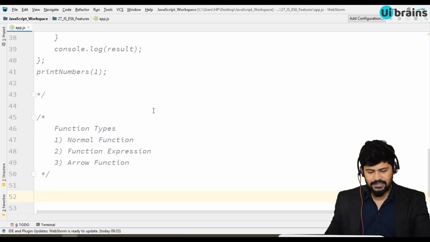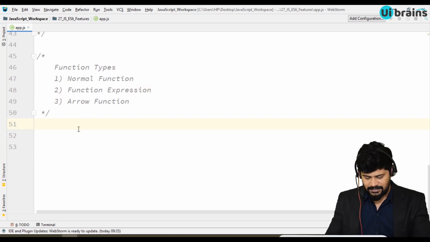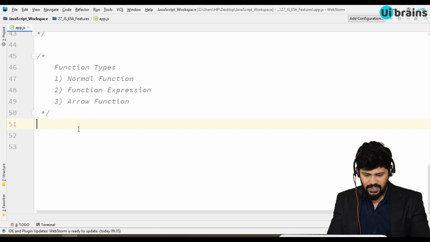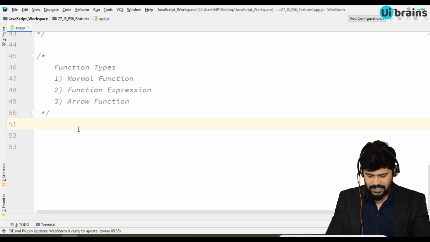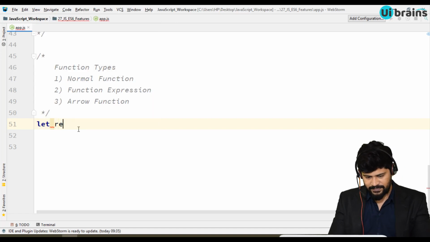Let's see what exactly a normal function is, and how we generally write one. I'm going to write a function to print the numbers from 0 to 10. Generally you write let result is equal to empty.